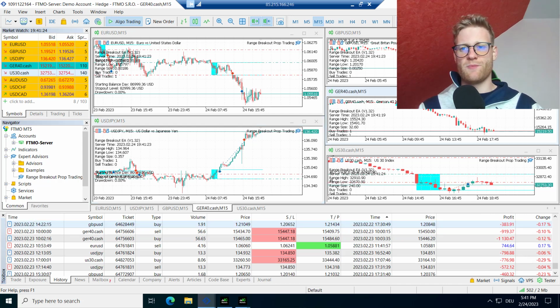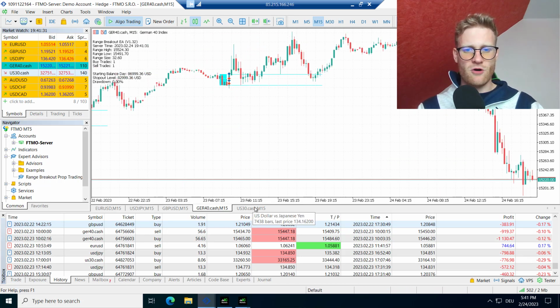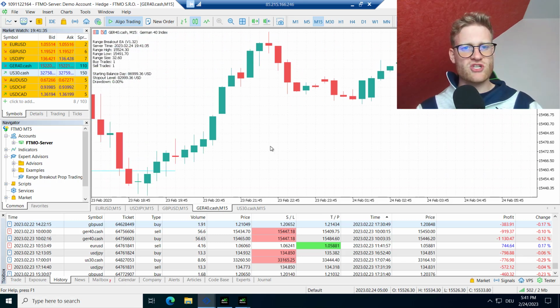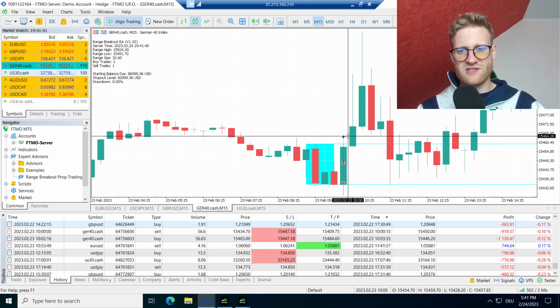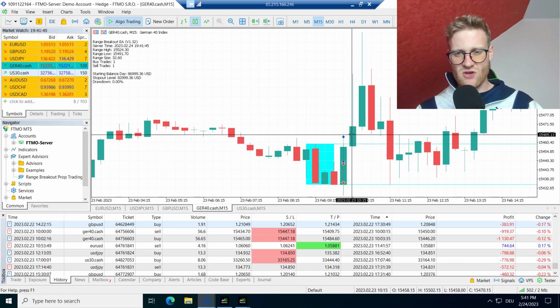especially in the German 40, the ranges sometimes were so small, as we can see here, for example, on this day, that there was just a lot of slippage. And slippage is something that you cannot really see in the strategy tester. For example, here, there was a lot of slippage. And when the range is as small as it was here, this is a really big negative factor, because